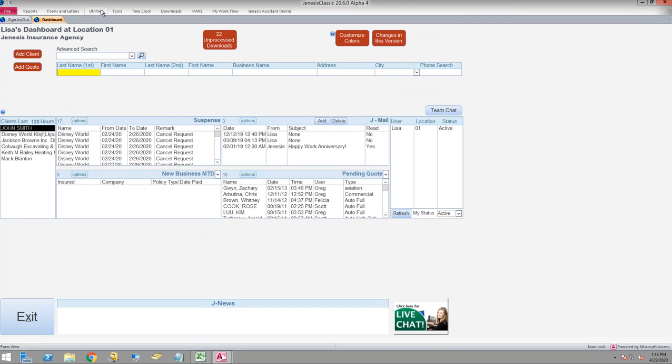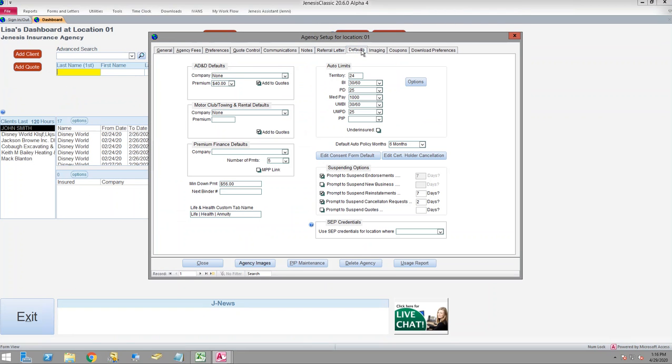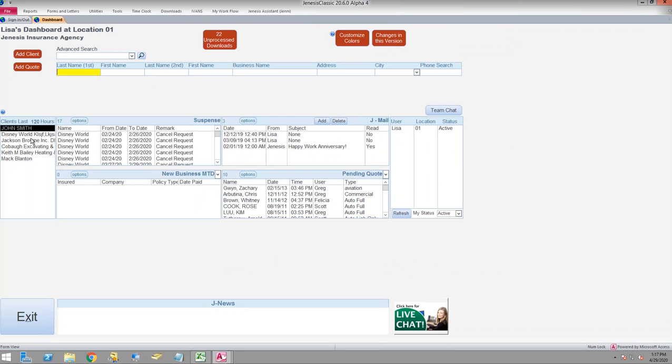So I'm going to go into Utilities, Agency Setup, and click on the Default tab. And right here is where you can put that custom name in. So if I wanted to copy this, what I can do to make this simple is Control-C, copy, and then go to my next agency locations. If you're a multi-location agency, hit Control-V. And now that's going to change for all of your locations, and you'll be able to go into any of